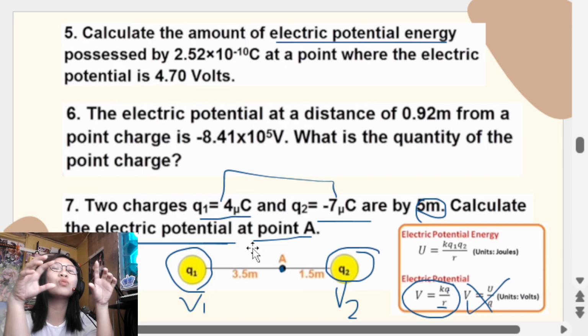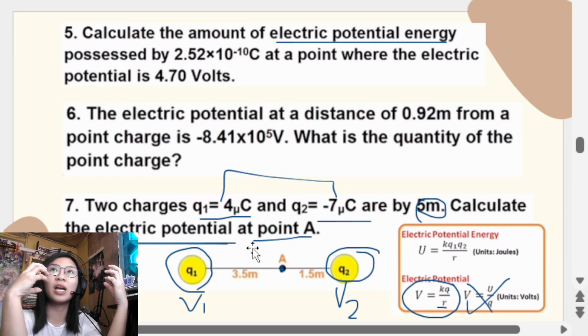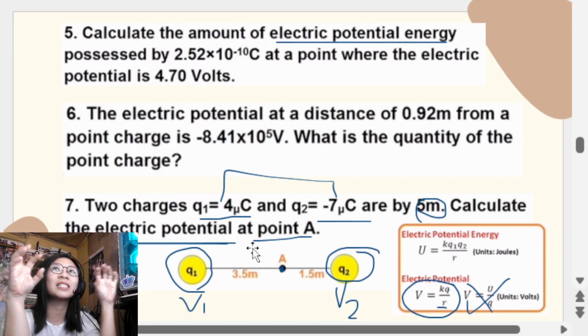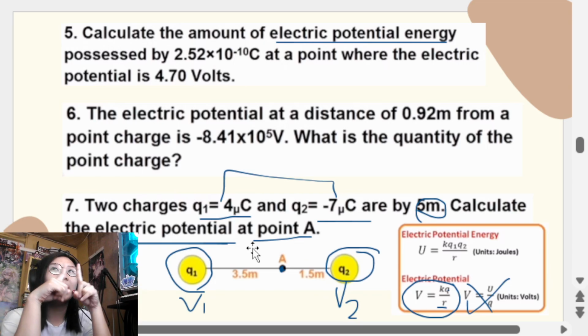The problem says the two charges are separated by 5 meters, but what we are looking for is the electric potential at A, which is between them. So your r here